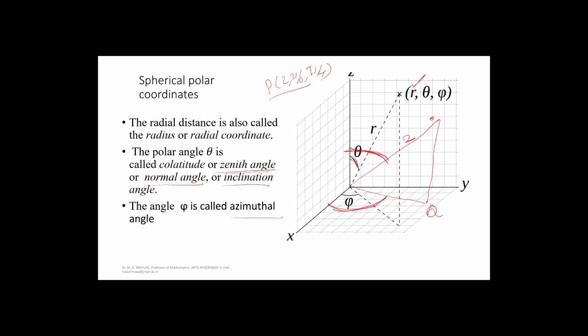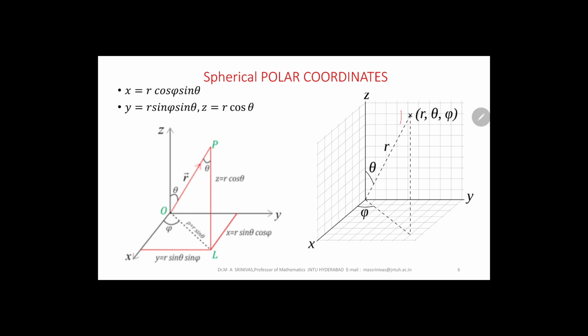So spherical polar coordinates is a very convenient method, especially in 3 dimensions, to evaluate triple integrals. So we have the Cartesian coordinate system and the spherical polar coordinate system. Let us know the relationship between the Cartesian coordinate system and the spherical polar coordinate system. So if this is the point P and this is L,